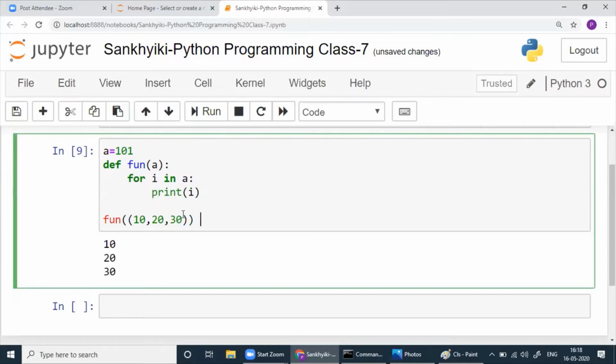That's how it works. Anything, even I can write here Amit. The other argument I can give